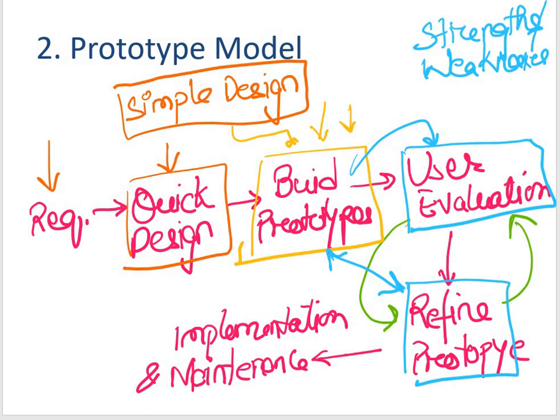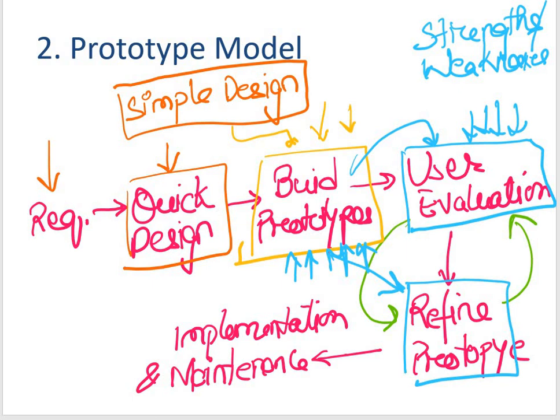That means if suppose my end client is not happy with this particular prototype which I have come up with, in that case I'll be refining this present prototype in accordance to whatever has been suggested during this user evaluation phase.